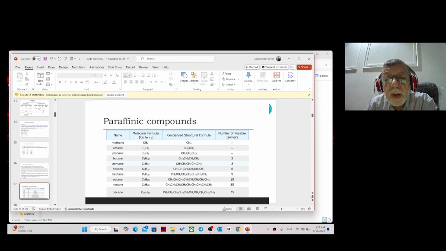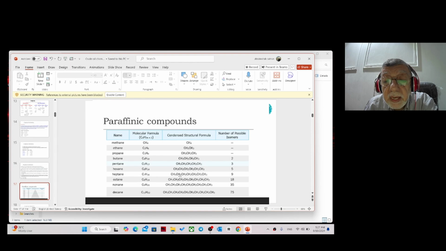So this is called C1, this is called C2, this is called C3, for abbreviation, for simplified explanation. So we call methane C1, we call ethane C2. In alkane or paraffin, C1 is gas, and C2 is also gas, and we call these 2 gases natural gas. C3, which is propane, and C4 are also gas, but under vapor pressure they become liquid. These constitute the LPG, liquefied petroleum gas, which we use in the kitchen for cooking.